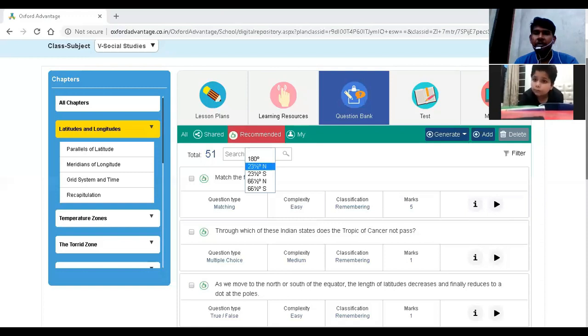Very good. So it is north. All right. Now Antarctic Circle. Sir, Antarctic Circle at 66 and a half degree in south.